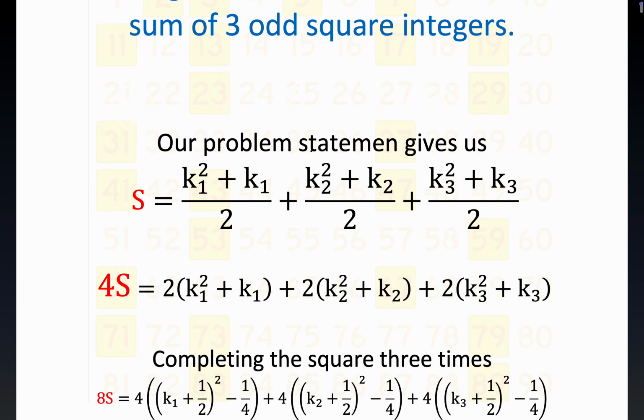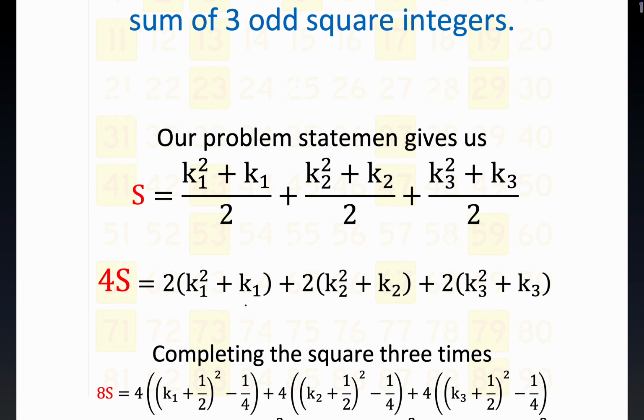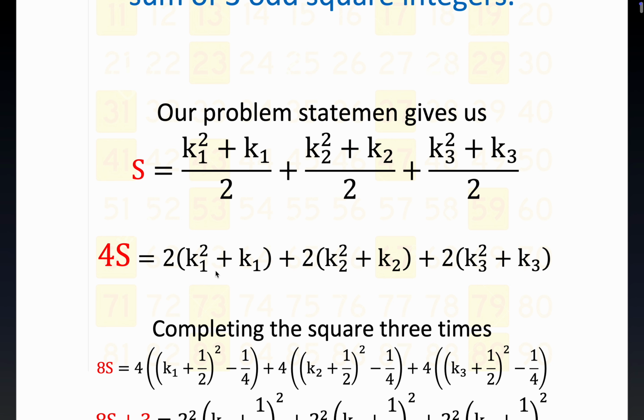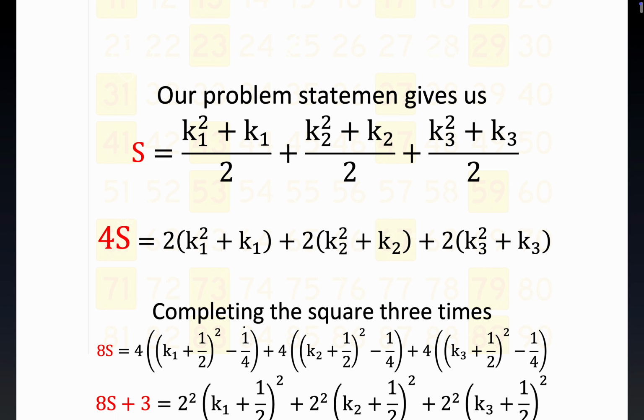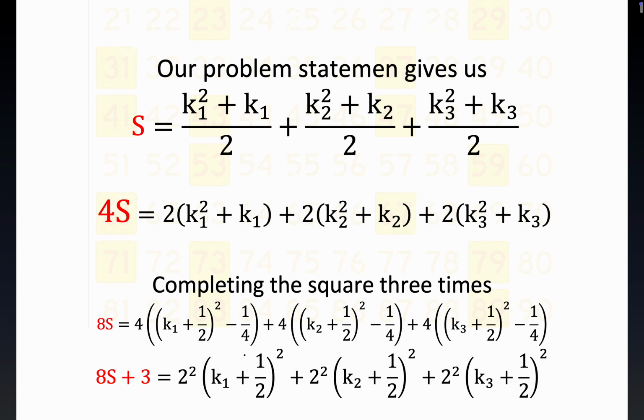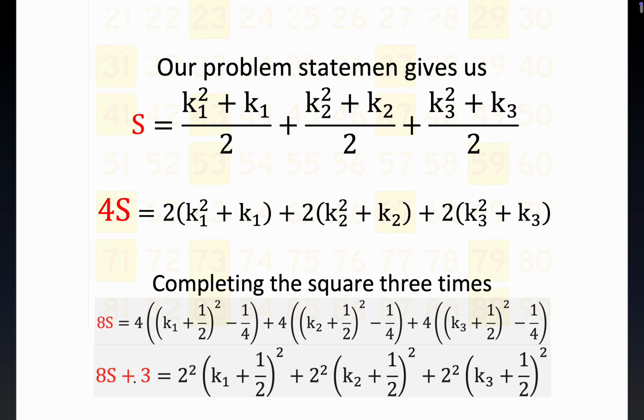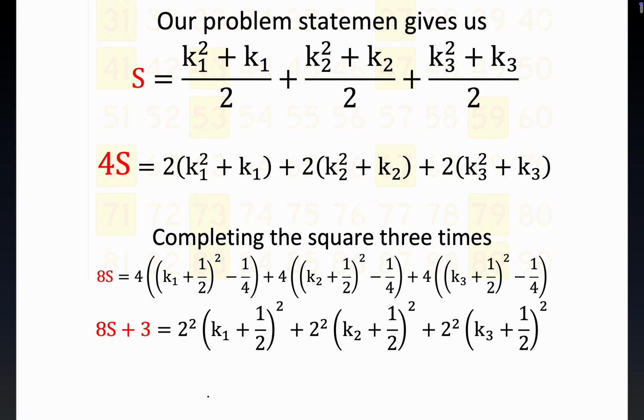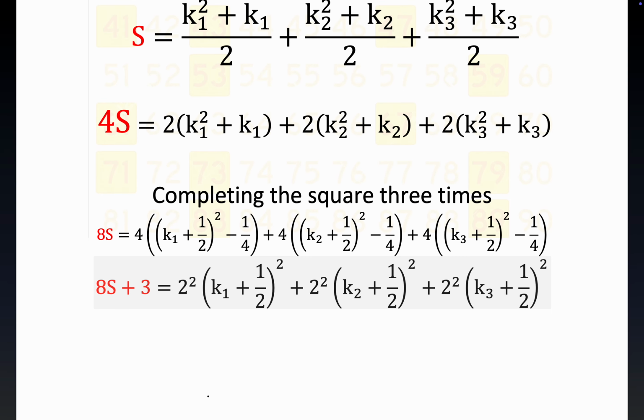So if you multiply by 4, you're getting closer, and then if you complete the square, it's a key step that's not explained a lot of times. People just say we completed the square, but here's the work. As usual, you take half of the coefficient of the linear term and square it, which gives you 1/4. Now at this stage, if you multiply through by 4 again, you get 8S plus 3, like we want it. And I wrote 4 as 2 squared, because we can now write this as equal to,